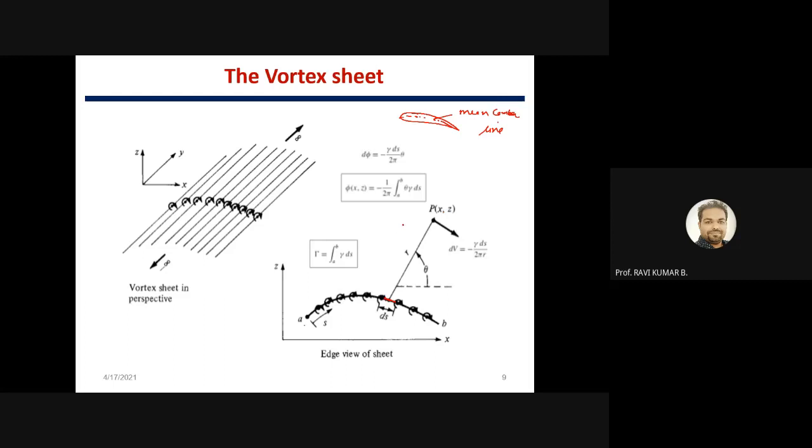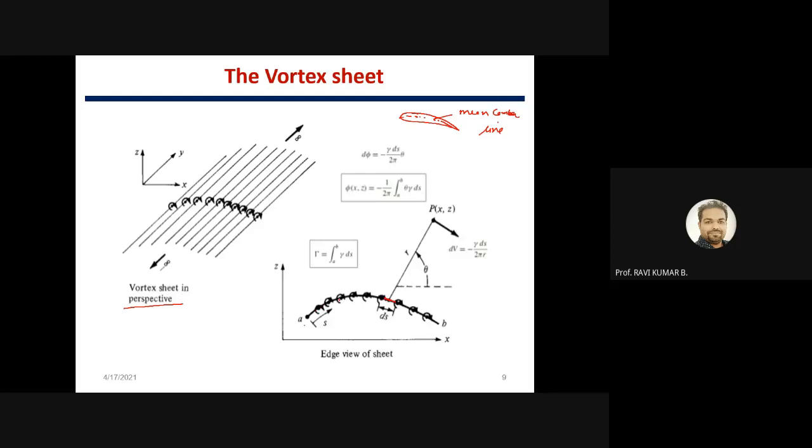So if you are simulating the flow around an airfoil, you can make an arrangement in this way. You can place a number of small vortices along the mean camber line, and when you are placing a number of straight vortices, this is nothing but a straight vortex filament. Basically, you are replacing this here. So this combination of straight vortex filaments side by side is known as a vortex sheet. So we are replacing the entire circulation by a vortex sheet on the mean camber line.